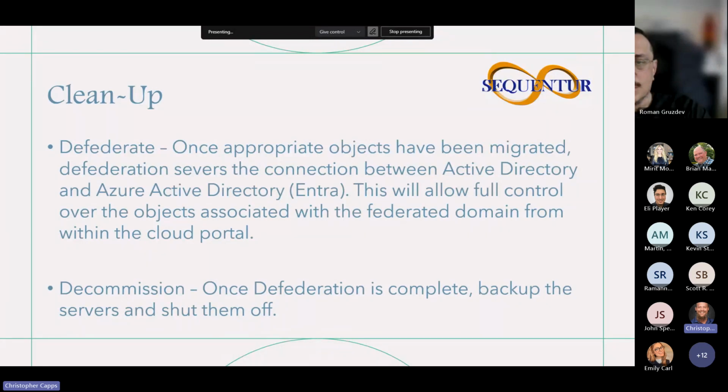But often you can hook into either application integrations within Azure or just API hooks itself to get those accounts up and running without having to manage those accounts in Active Directory. So if you have any service accounts inside of Active Directory, you want to make sure you've addressed those prior to decommission. Any other questions?